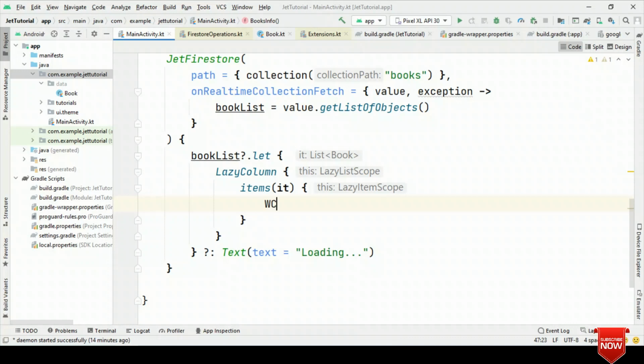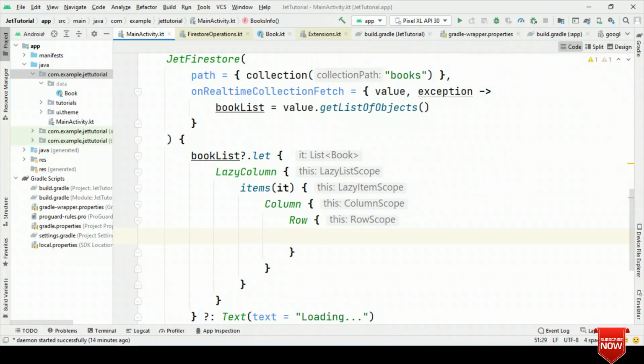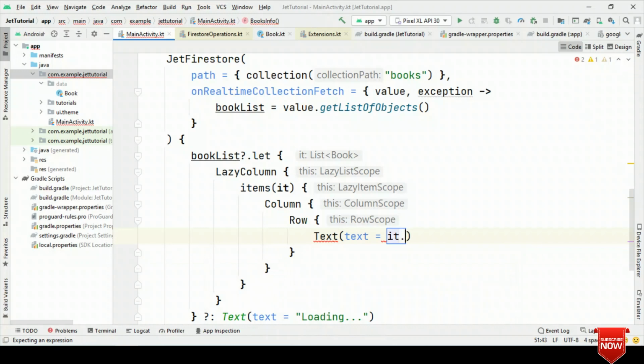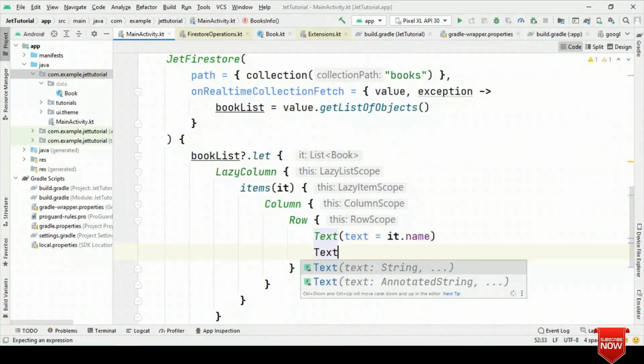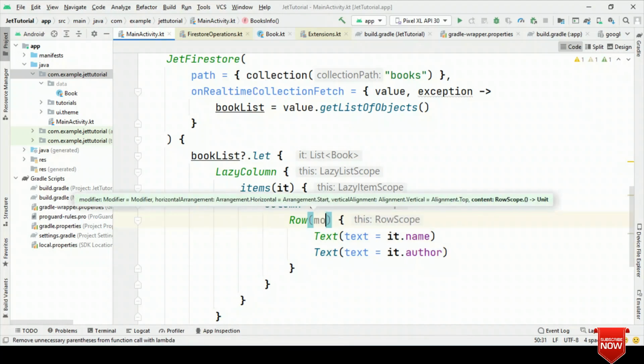For that, let's create a column and then row. Here let's have two text, where one will say about name and another one will say about the author. Also, let's have a modifier for this.